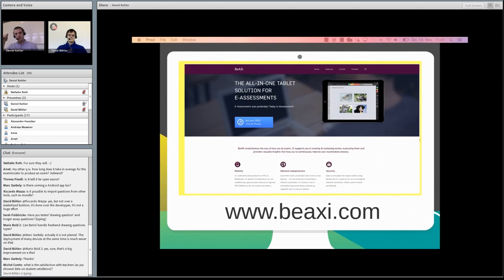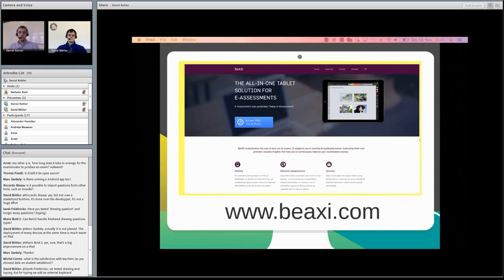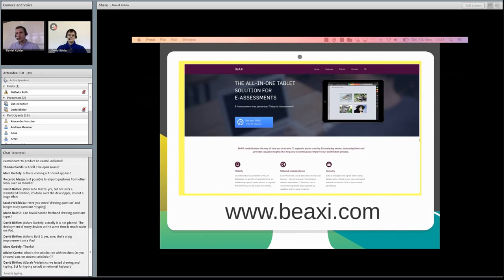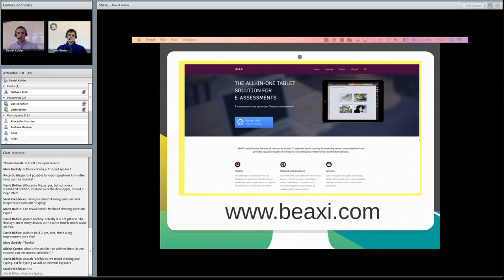Also, the Android system is actually much more open than iOS, which can be good for some applications. For our application, since it's for high stake examination, it was really a key point that the system is as closed as possible, so you get fewer problems with hacking attacks whatsoever. I don't say that iOS or the iPad in general is completely secure, but in my opinion, it's much more closed and therefore much more secure than tablets that run Android.